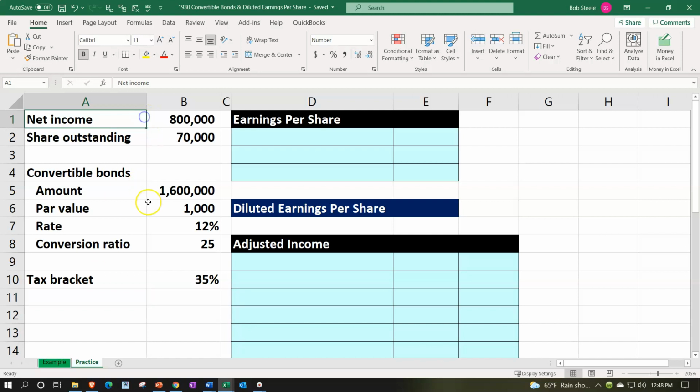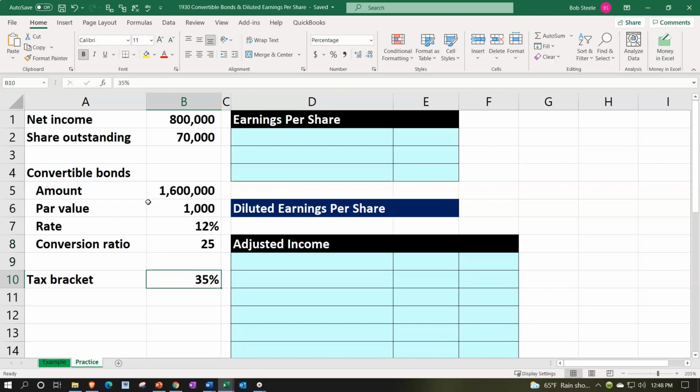So we have the net income at the 800,000. The shares outstanding are the 70,000 shares we're saying are outstanding. The convertible bonds, there's $1,600,000 amount of convertible bonds. The par value is 1,000, rate at the 12%. The conversion ratio is 25. So in other words, one bond can be converted into 25 shares,